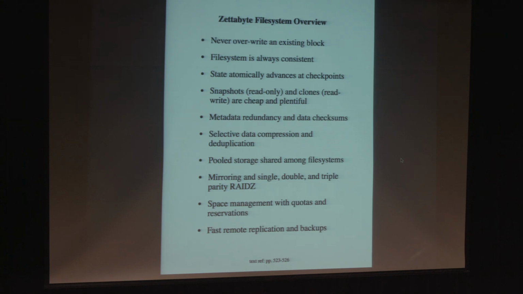Also, clones are very easy. You take a checkpoint, a snapshot, and then you just start making changes along that line. And if you decide, oh, I want that to be the file system now, you can just say, all right, well, that's not the head of the tree. This one down here is now. So again, it's conceptually a very straightforward thing to do. And in ZFS, in particular, the snapshots and clones and so on are plentiful. There's no particular limit on the number of them you can have, modulo how much disk space you have, because they're going to take some amount of space to keep them around.